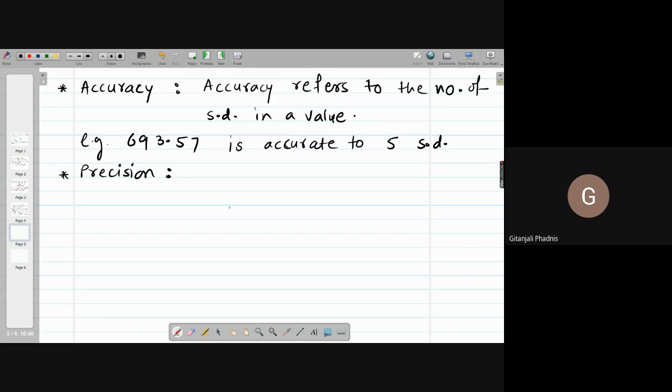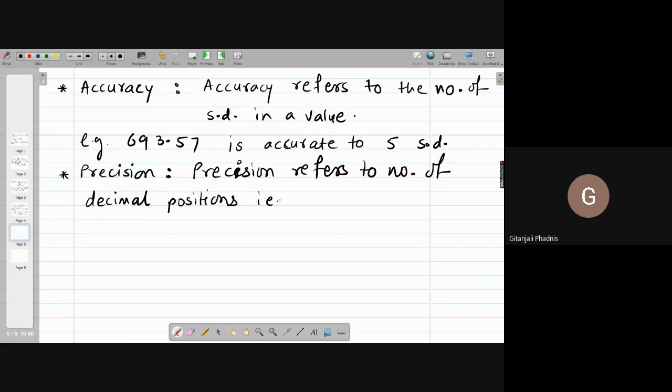Precision means number of decimal positions. Okay. Precision refers to the number of decimal positions. Actually it is the magnitude of the last number, that is, the order of magnitude